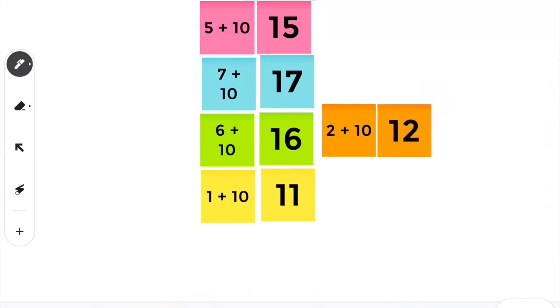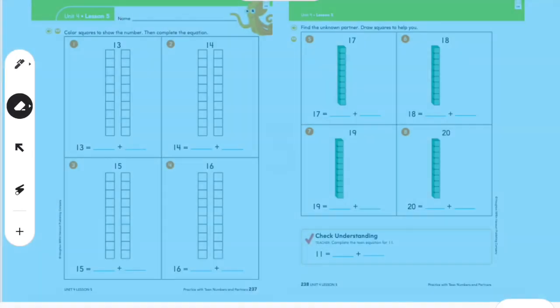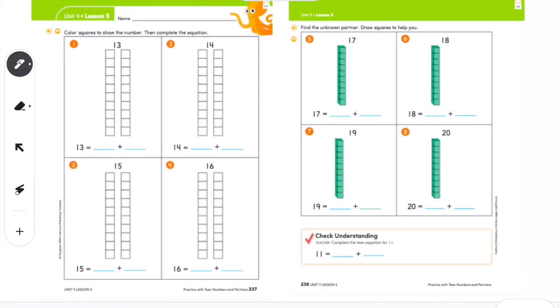Let's double check that one. I know that every teen number has a 10 behind it, so there's a sneaky 1 and a sneaky 0 hidden behind that 2. So there's our 10, and if I erase our 0, there's the 2. Good work. Alrighty, friends, today for your math workbook page, it should be easy peasy lemon squeezy because we're doing